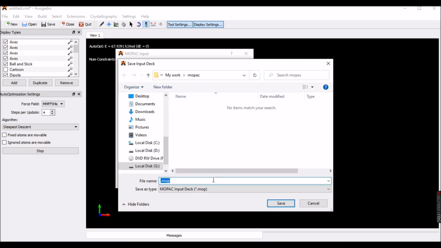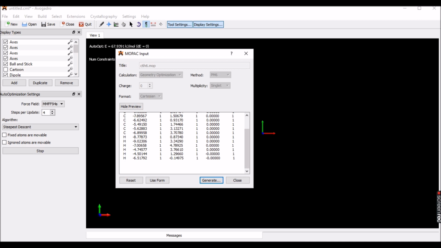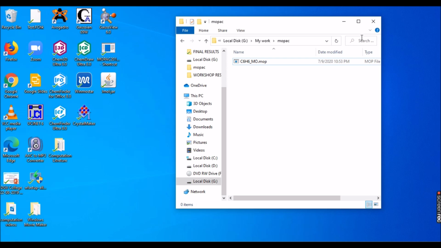Yes, you have the file name. You can save the file in your required location. I'll just save C6H6.mop. MOP is the extension for this, okay, because it's a Mopac calculation. Yeah, now all has been done. Now you just go to your saved file, click